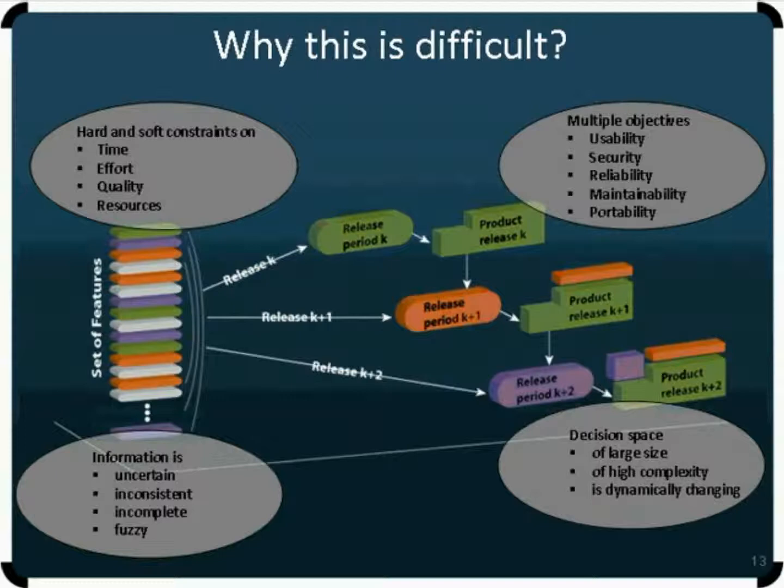And soft constraints might refer even to quality. And all these constraints, of course, limit your possibilities to offer features, so you have to look at the constraints and what is possible in consideration of all these constraints. The second dimension relates to all the objectives, and we know from product development there is not only one, there is a variety of objectives from usability, security, reliability, maintainability, portability, and this is just a selection of possible even more